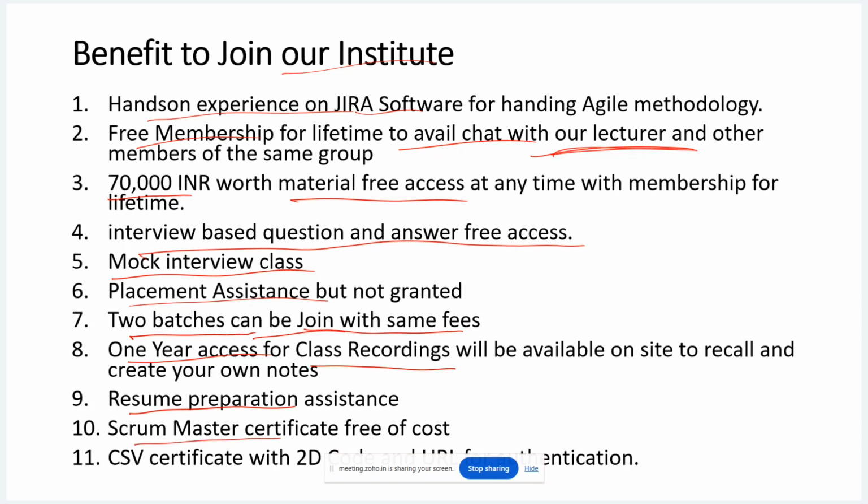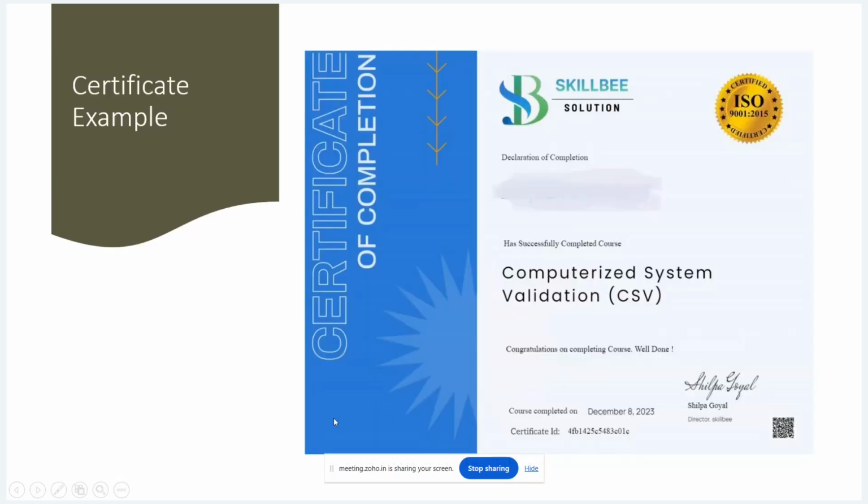At the end, if you pass the examination, you will get the CSV certification with a 2D code and URL. Your certification will look like this, with a 2D code. If you scan the code, you get the verification link so that the company can verify your certificate is genuine.